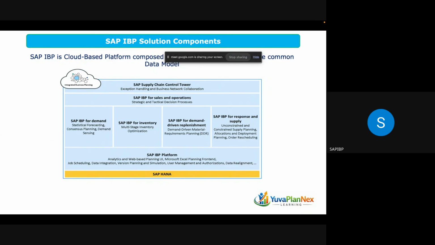So if you want to do that process in a systematic manner, then we'll go for sales and operations. Here we have the process templates. With the help of that, you will synchronize that process. Now, on top of this, we have the supply chain control tower. This is a purely analytic tool. Whatever planning you do, whether it's demand planning, inventory planning or supply planning, to visualize those results in the form of charts or dashboards, or if you want to understand the KPIs of each planning, then we'll go for the supply chain control tower.